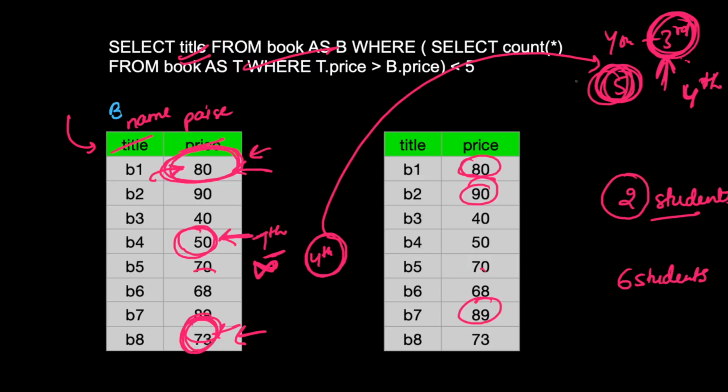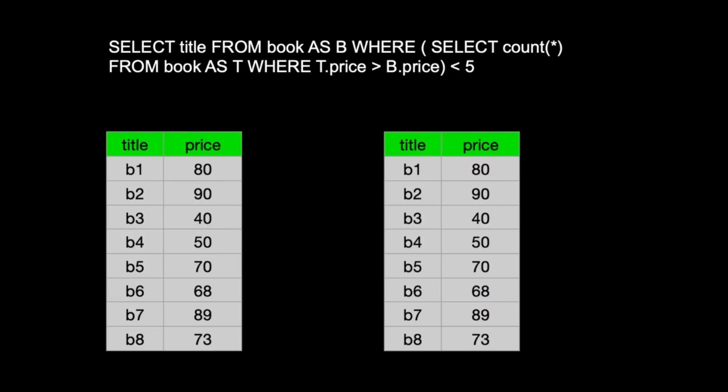So basically what you are trying to do is consider all those values, all those prices which are in the top 5. If it is in top 5, you are going to consider that in your result set. Otherwise you are ignoring that. Okay? I hope you have got this. So now this looks more intuitive, right? This kind of query is basically known as a correlated query.